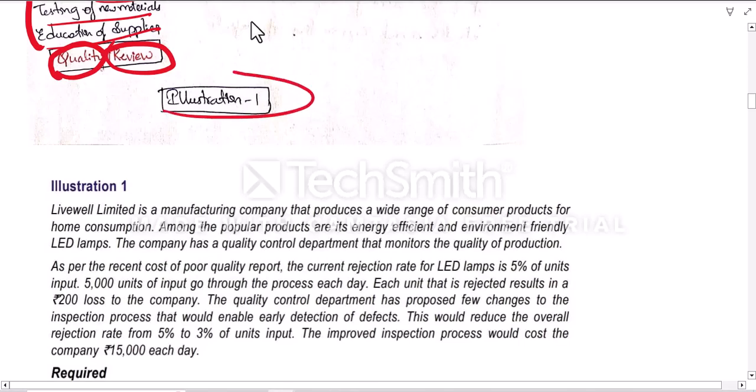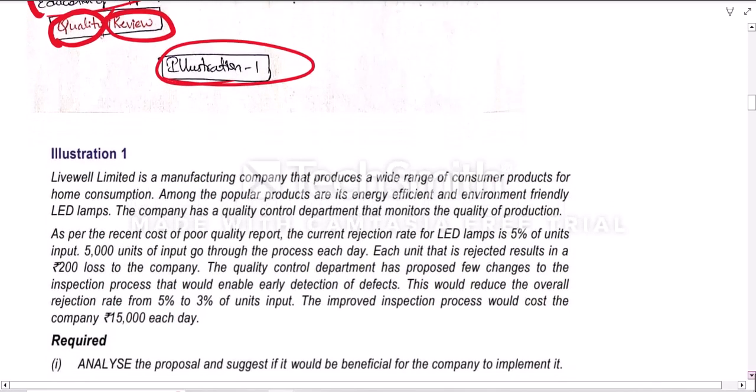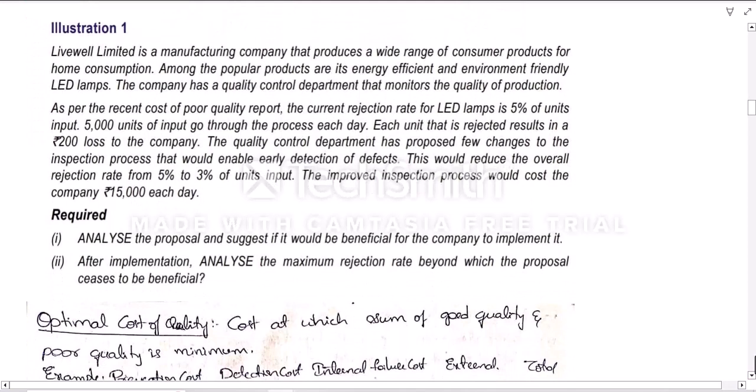Okay, so first illustration. Livewell Limited is a manufacturing company that produces a wide range of consumer products for home consumption. Among the popular products are its energy efficient and environment friendly LED lamps. The company has a quality control department that monitors the quality of products. As per the recent cost of poor quality report, the current rejection rate for LED lamps is 5% of units of input. Okay, 5% are getting rejected, means 5000 into 5% equals